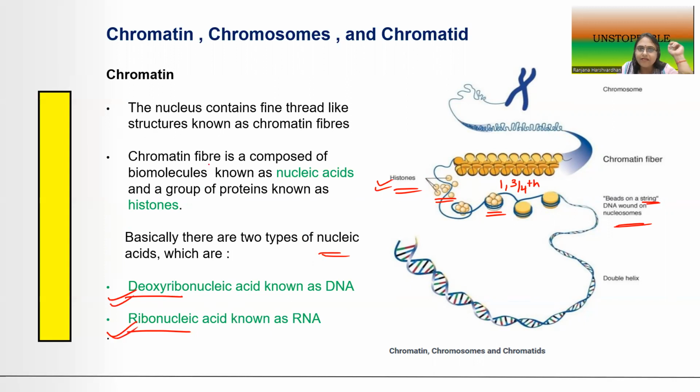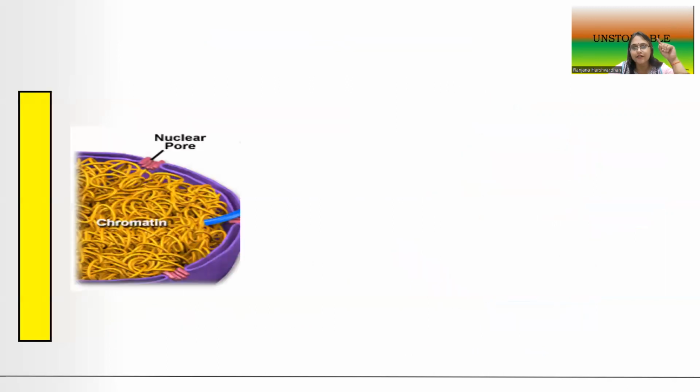And this chromatin fiber is composed of biomolecules called nucleic acids, and of course proteins called histones, which are basic because they are made up of lysine and arginine amino acids which are basic in nature. So this is just another illustration to show you how the entire